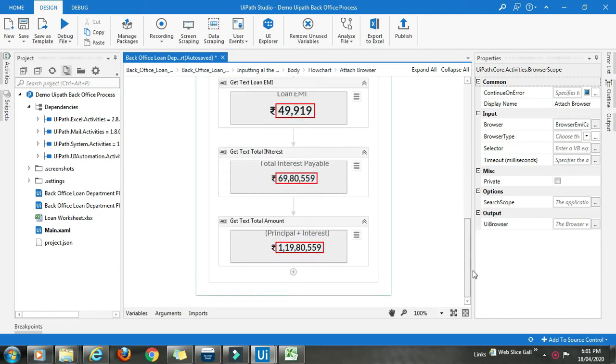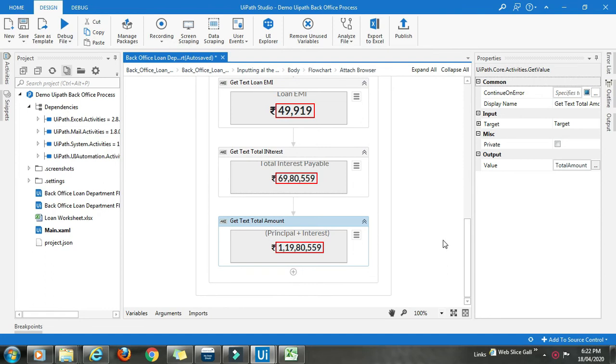Perfect. We have entered all the input values and taken out all the output values which we had to.